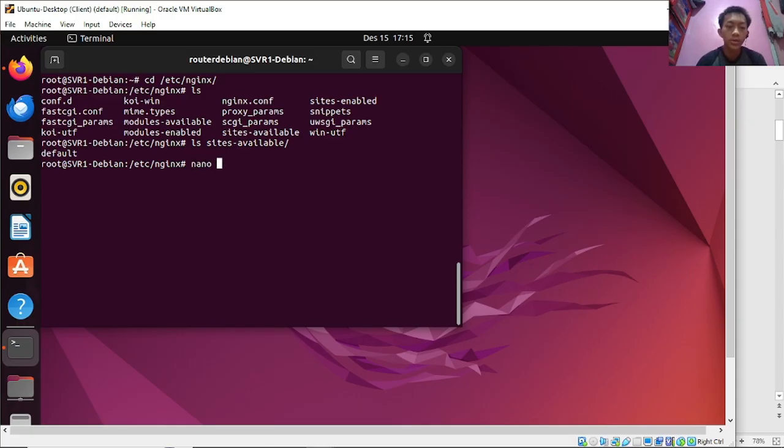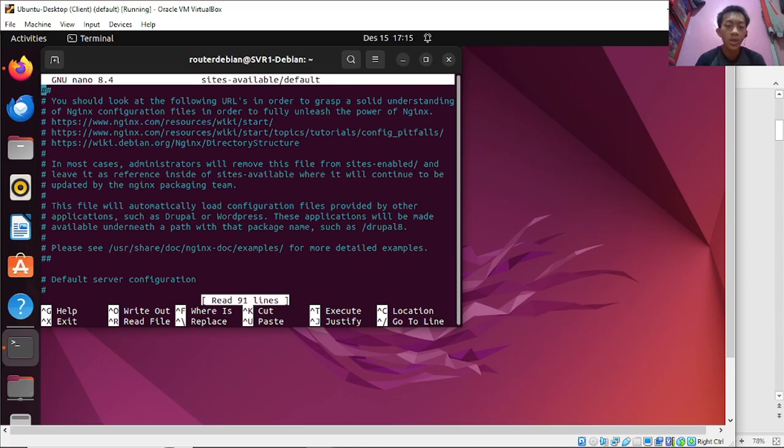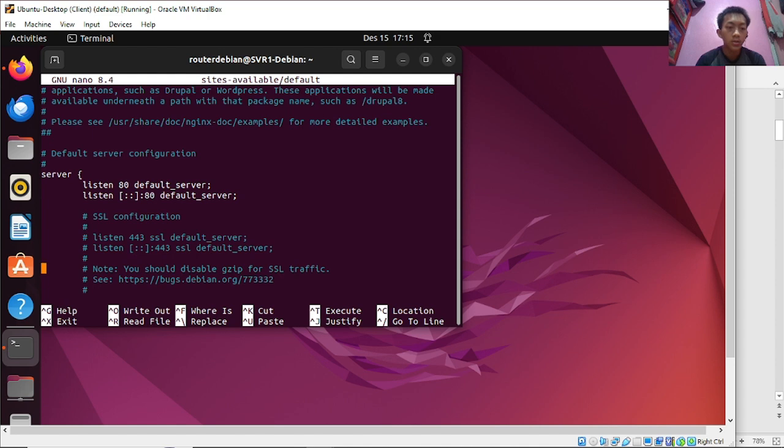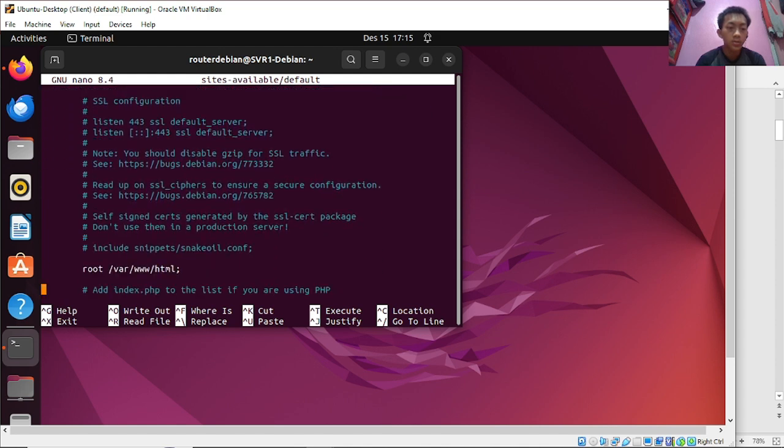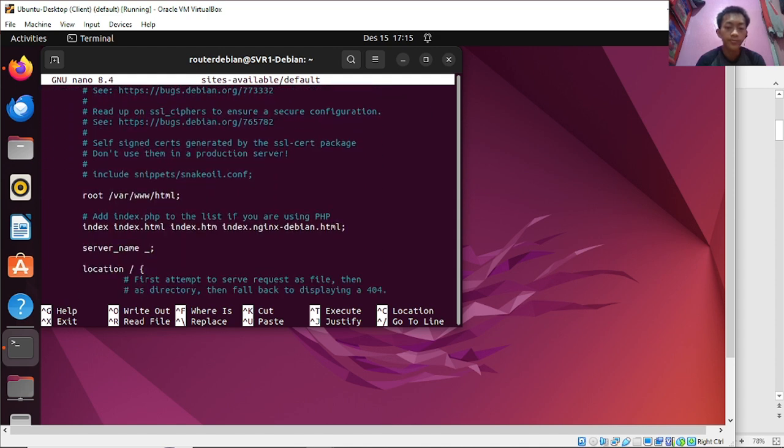Type nano sites-available/default, then press enter and scroll down. And we can see several configurations here.